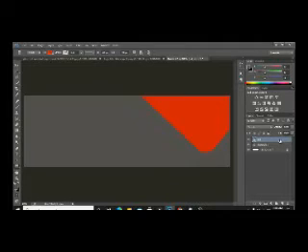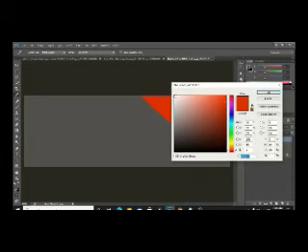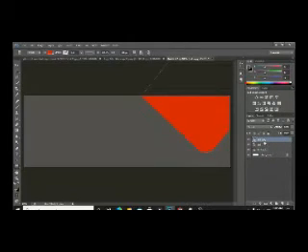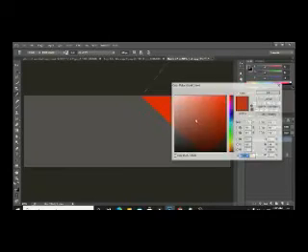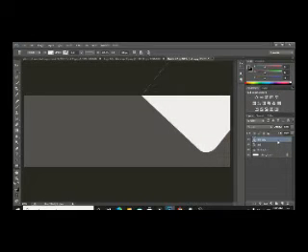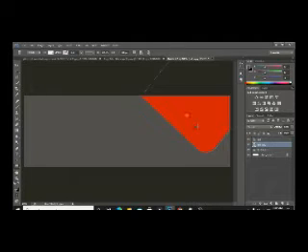Okay, now what we have to do next is take a copy of this layer. How you can do it: just press Ctrl plus J like this, and then we have to change the color of the box, and I'm going to select a white color. No, I selected the wrong one. Okay, here is a copy. Okay, red one, like this, and I'm going to put this layer before the red original one. Okay, like this. You can see it, I can't see my white layer.